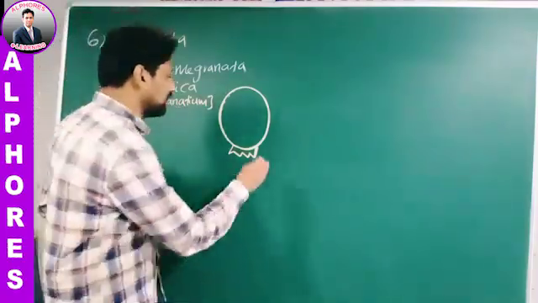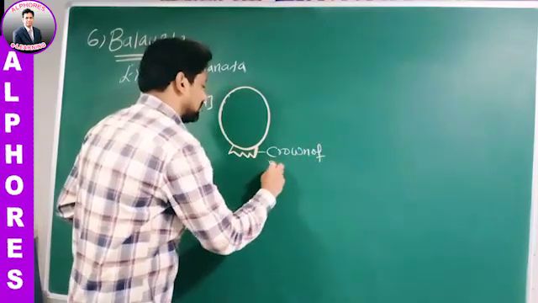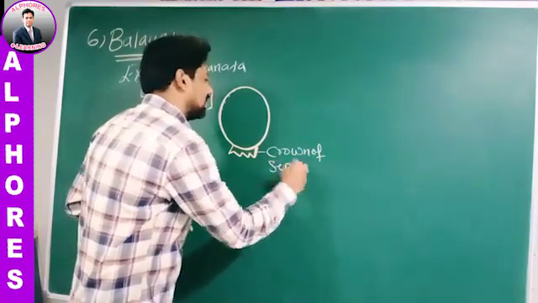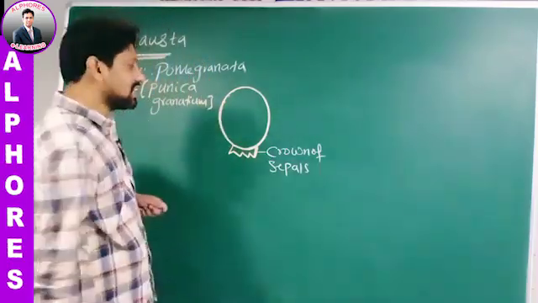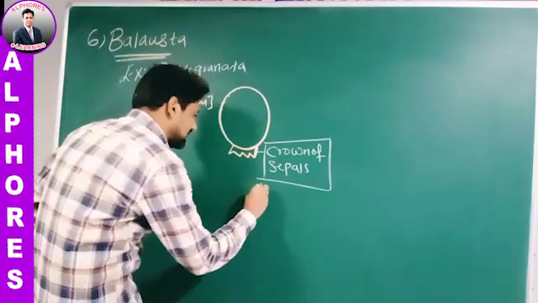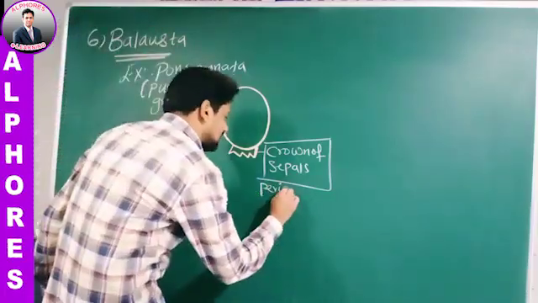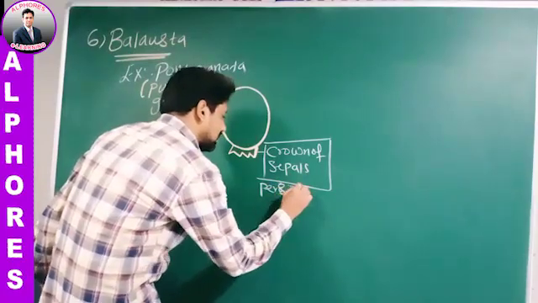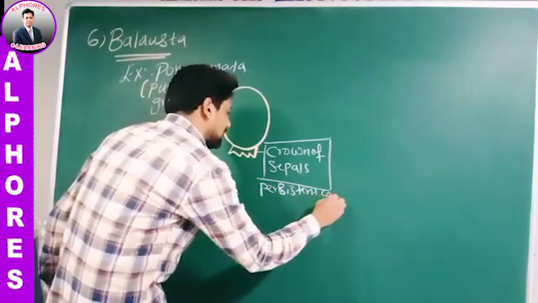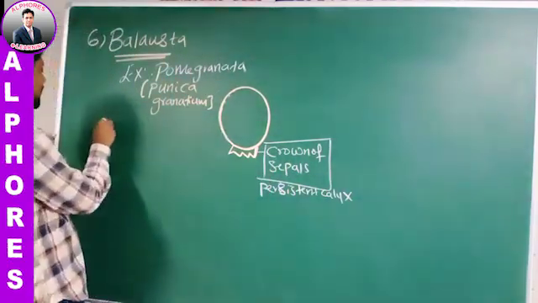On the fruit, you are going to see a crown of sepals. This crown of sepals is nothing but persistent calyx. What is it, sir? It is a persistent calyx. Therefore, you can see